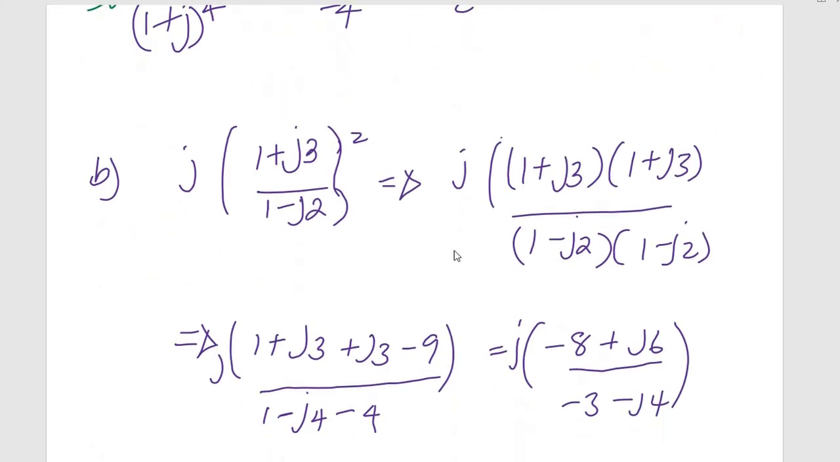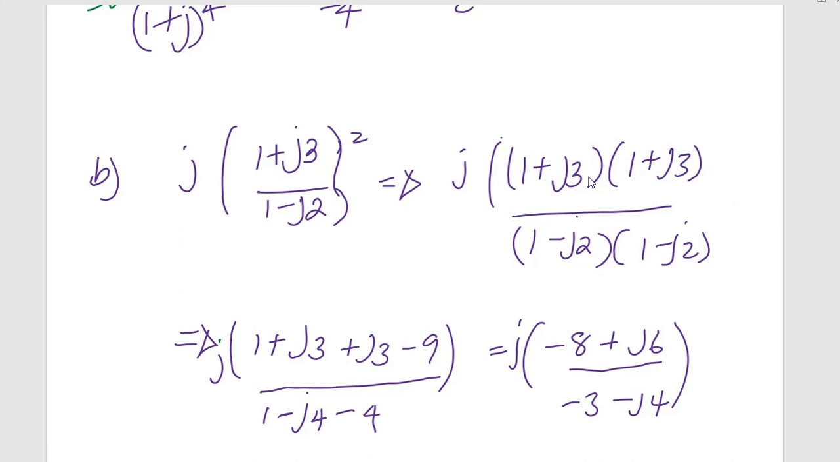So let us look at part B of this question. This is j into (1 + j3) divided by (1 − j2), everything squared. So this means j, create a bigger bracket, into (1 + j3) times (1 + j3) divided by (1 − j2) times (1 − j2). So if I simplify, this becomes j into: 1 times 1 plus j3,